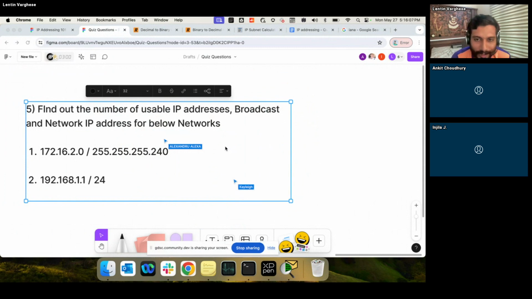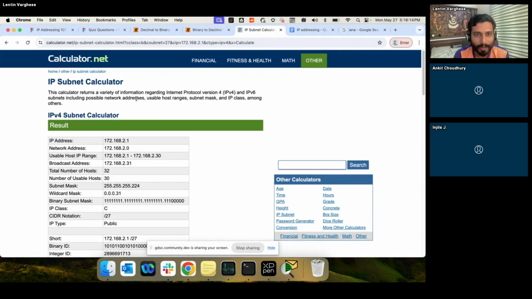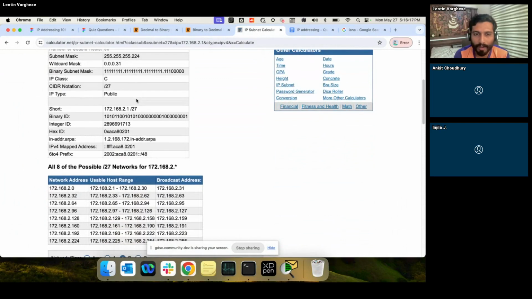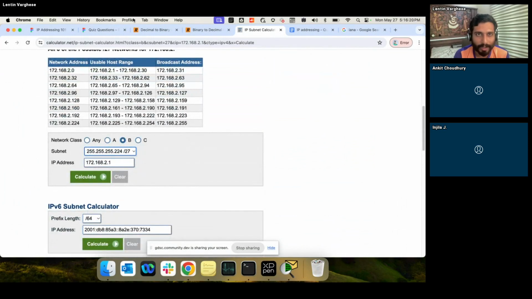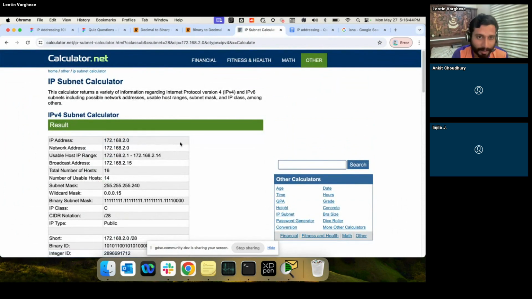Okay. You said 2.14. Now let's validate. Do get familiarized with the IP subnet calculator. This is a handy tool. You should know the concept, but off the top of your head, it's hard to come up with the answers always. Now, what's our subnet mask? 240. Before we get to the answer, you have an understanding, right? 256 minus 240 gives you the number of hosts. So what Kylie posted, that's the math there.